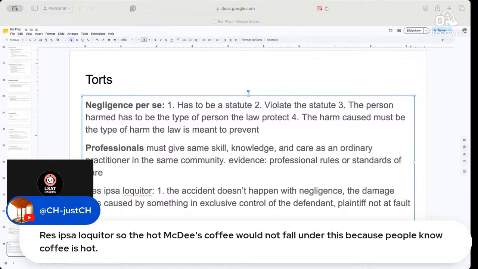What was the temperature of the coffee? It was crazy. But you're exactly right. Normally people would know that it would be hot. So I actually think you probably could make a good argument, CH, for sure, because people spill coffee all the time. It wasn't the spilling of the coffee that made the accident happen. It was how hot it was. Yeah, that's a really good example. How hot was that coffee? We saw pictures of the burns in class, and I was like, oh my God, I don't want to see that.